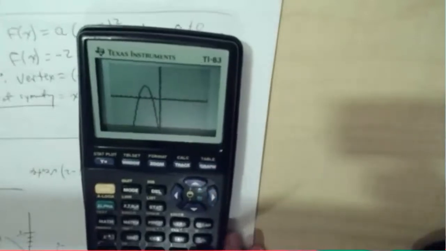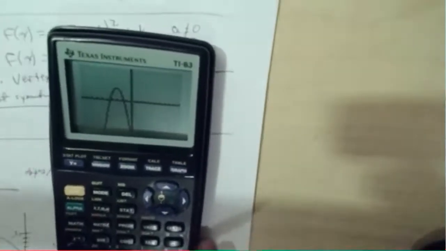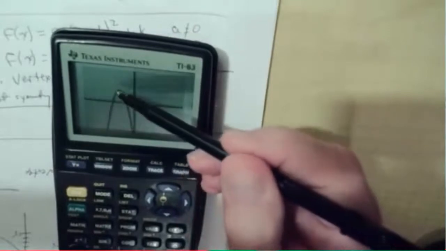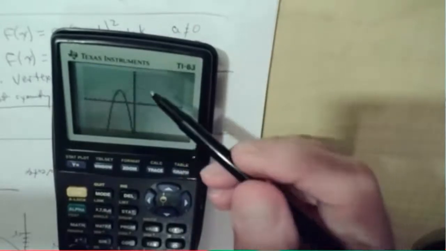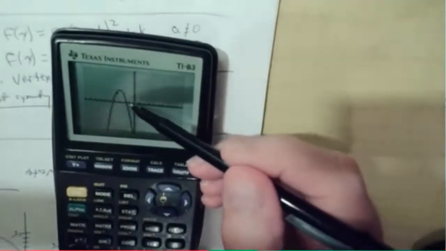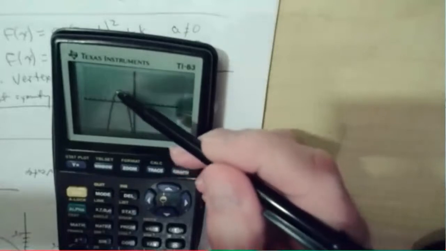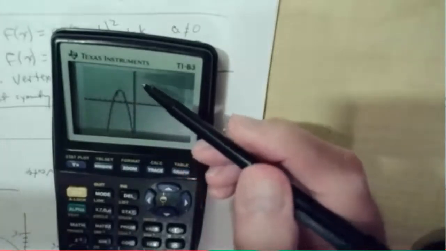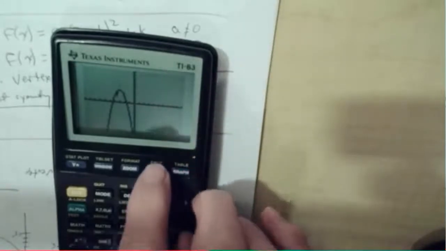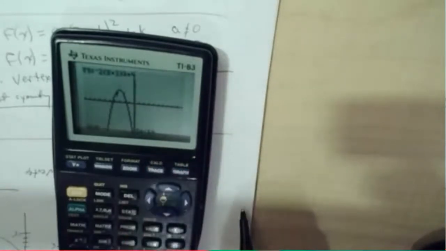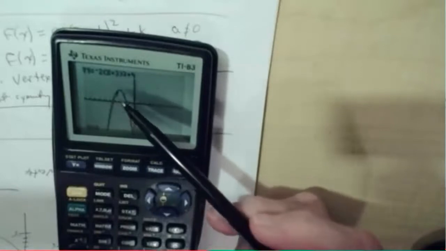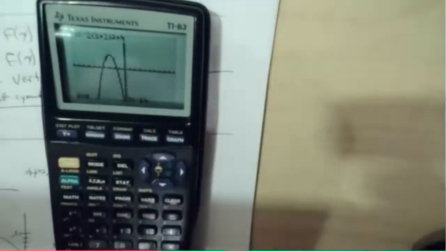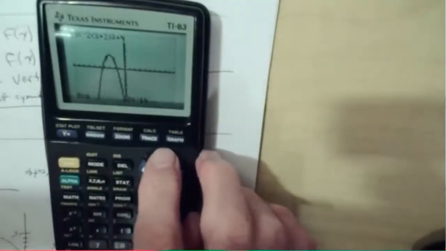Now, where is our vertex? Our vertex is right here. Or let's find the axis of symmetry. 1, 2, 3. You can see that it goes right there. Now what you can do is trace. Hit the trace key, and you can see the little cursor. You can also see down here at the bottom x and y. So if you arrow up,